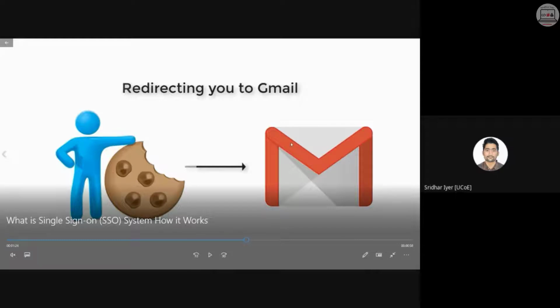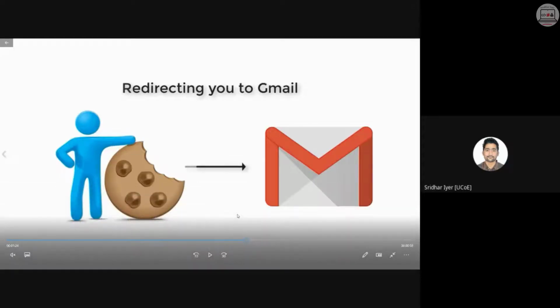For example, this image is very much clear. This image is very much evident. Whenever you log into a website, it creates a cookie, right? The cookie value stores all your session information, your login credentials, etc. So that cookie value is shared among all the applications of that organization. So for example, if I log into Gmail, a corresponding cookie is created. So whenever next time I log into YouTube, that cookie will be shared by Google to YouTube. Okay, so what happens is YouTube will not ask me to log in again and again. If it has got a cookie value, it will simply read my credentials from that cookie value.